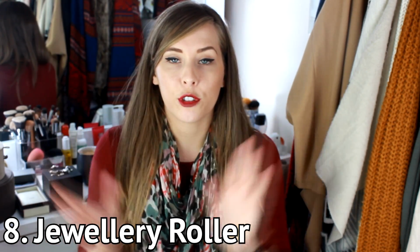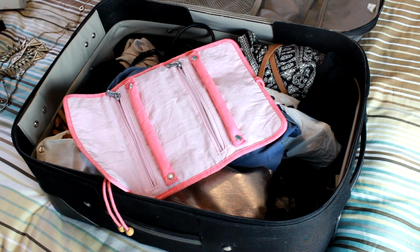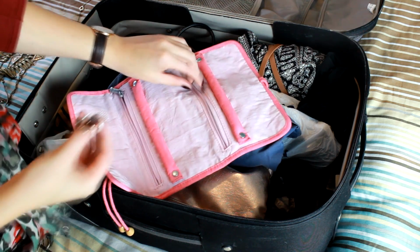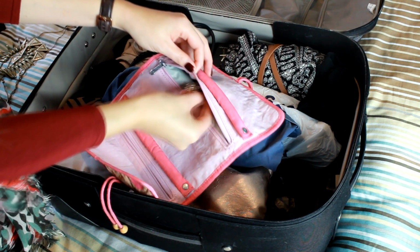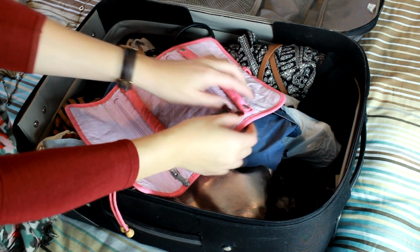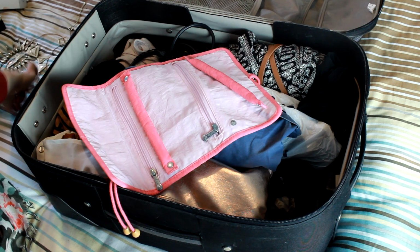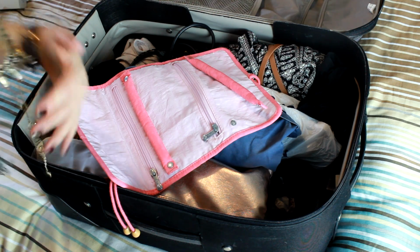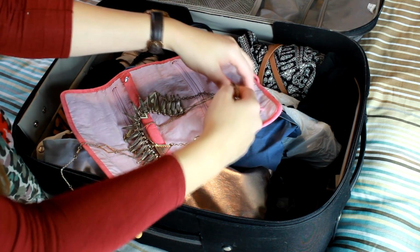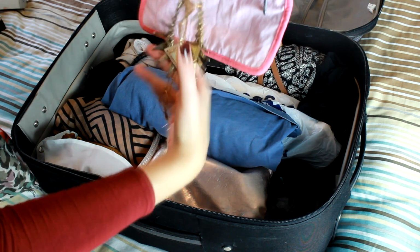Tip number 8, for transporting jewellery, I've got a really clever item that Mum got me years and years and years ago, and I'm still using it today. It's a little bit of a garish Mr. Blobby pink colour, but it's from Kipling and it's a jewellery holder. So basically, if you can get your hands on one of these or something similar, they're fantastic. It's got zip pockets for little rings or smaller items or watches, and then for all of your necklaces you can clip them on to the sponge padded bit, and then what you do is roll it up